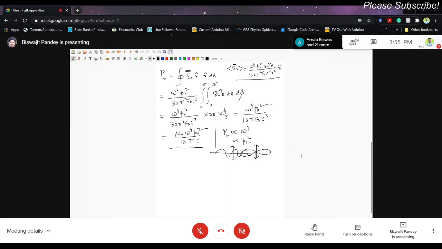Anyway, that's a different question. I may come to this when I discuss scattering, but not right now. So this tells you that in this case you should expect the sky to look blue, or the higher frequency, because maximum power is basically radiated by the dipole at the higher frequency.